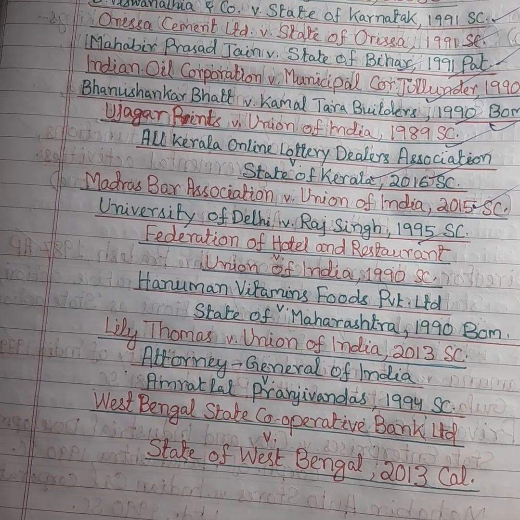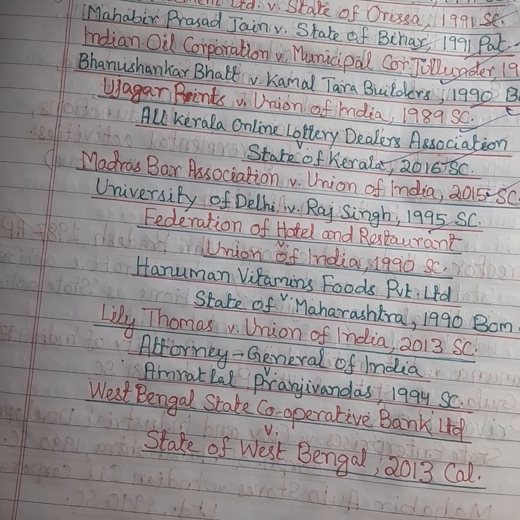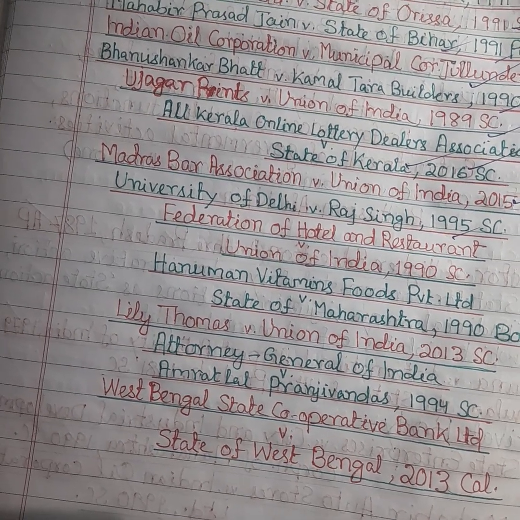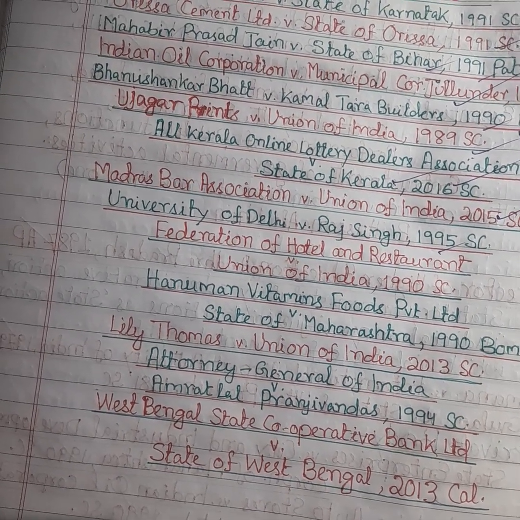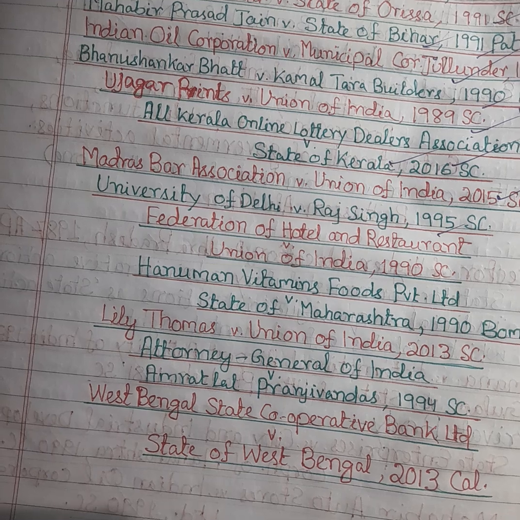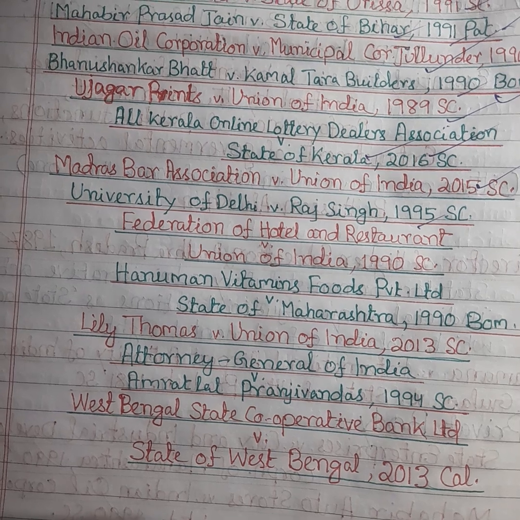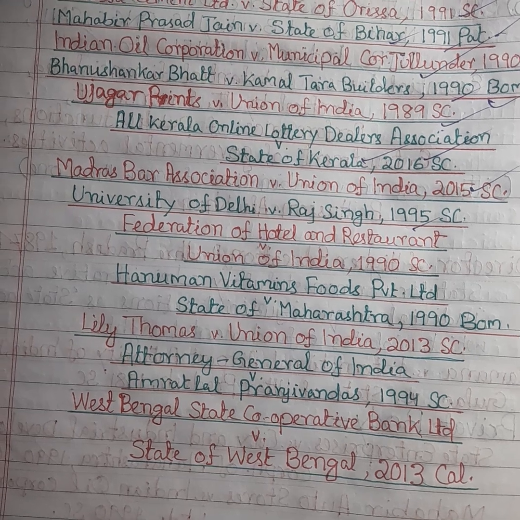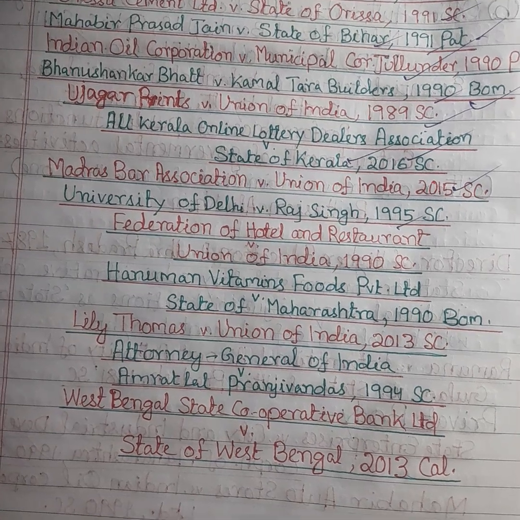University of Delhi versus Raj Singh. So, in that particular ruling, it was decided by the Supreme Court in relation to the doctrine of pith and substance, where it was held that considering Union List Entry 66, the Supreme Court has held that the University Grants Commission has jurisdiction to coordinate and maintain standards of higher education. The regulation of